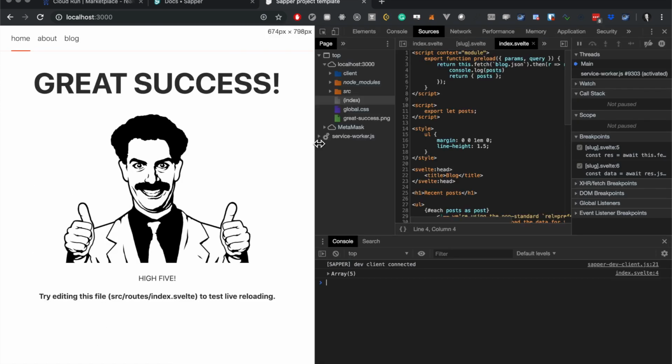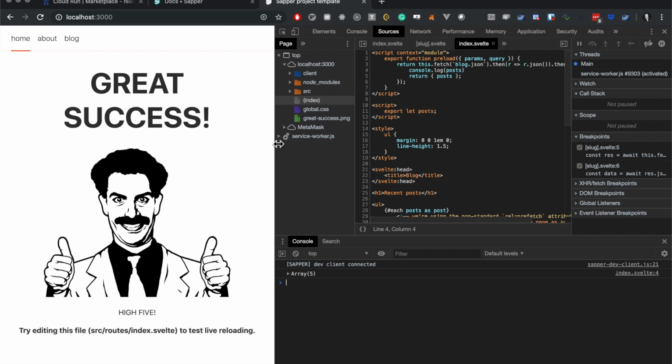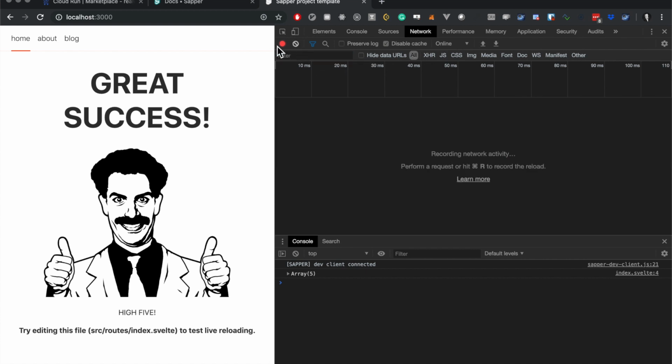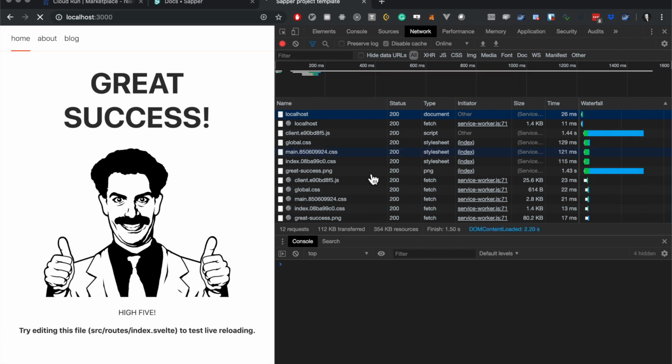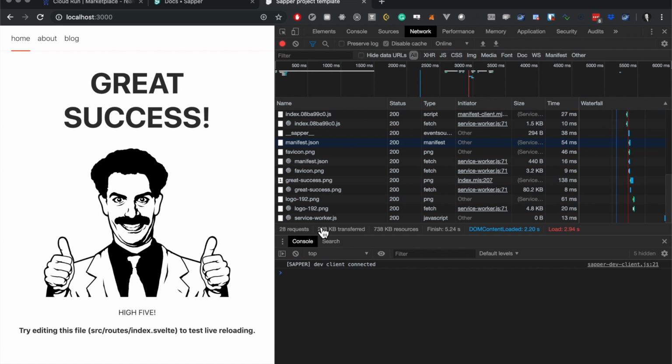Okay, there is Svelte DevTools that are being developed, but they're not published on Chrome yet. Time for some more coffee. So let's just go to network here and just clear this out and refresh the page here. So you can see here there's some